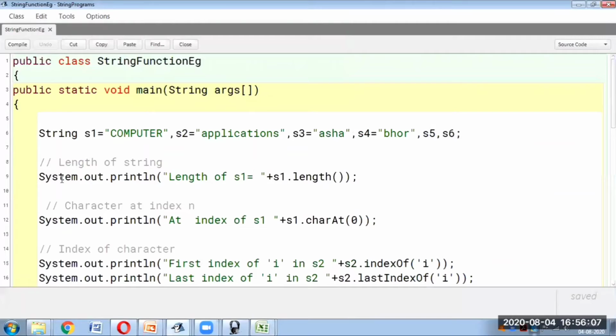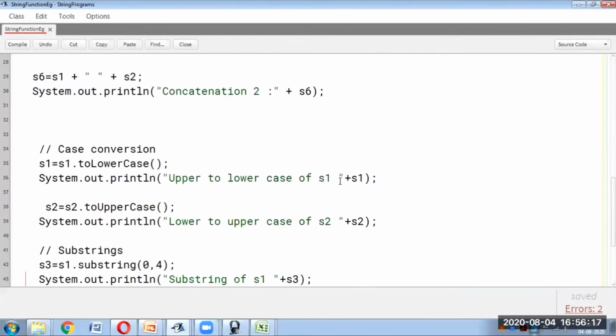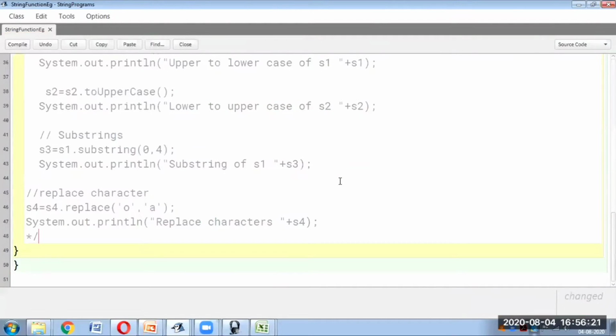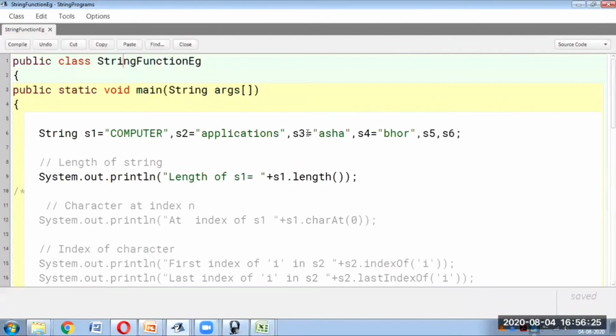So the very first example, length of a string. So s1.length, what will this actually give? Let us comment the remaining part. Okay, so let us run this.